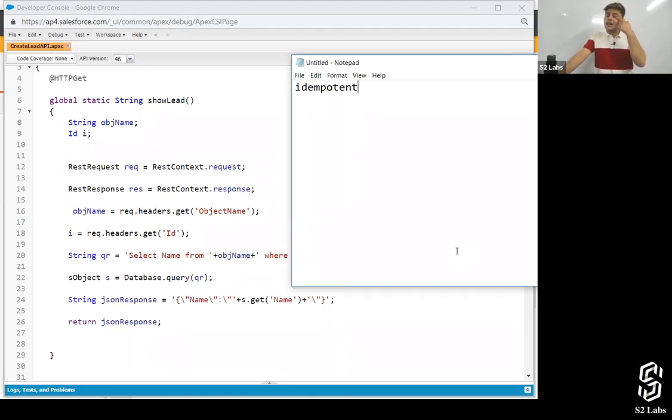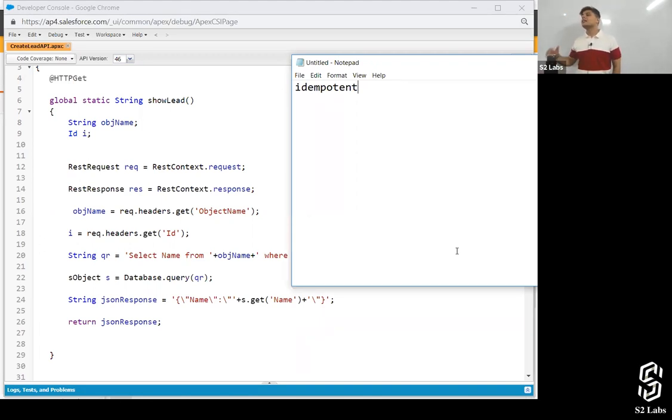So put and post have this difference: if you call the post method 5 times and that post method creates a record in the database, there will be 5 records created in the database. That is called non-idempotent. When it comes to the put method, if you call it 5 times, it is going to create the resource only the first time, and the next time it will not create the same resource. So that's what the difference is.